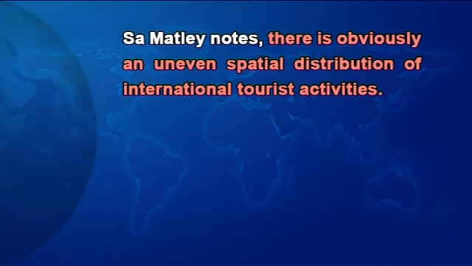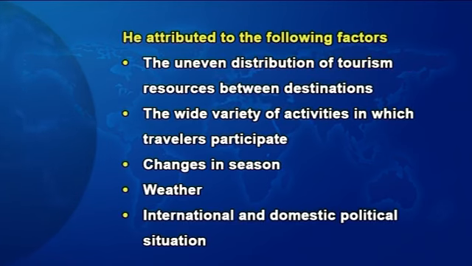Theoretical models of travel flows. The study of traveler flows has been called by many the geography of travel and tourism, or simply tourist geography. Sam Atley notes, there is obviously an uneven spatial distribution of international tourist activities. He attributed this to the following factors: the uneven distribution of tourism resources between destinations, the wide variety of activities in